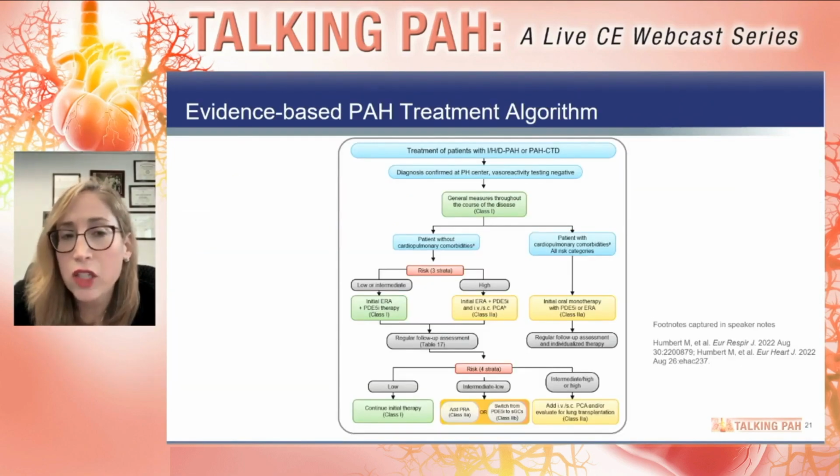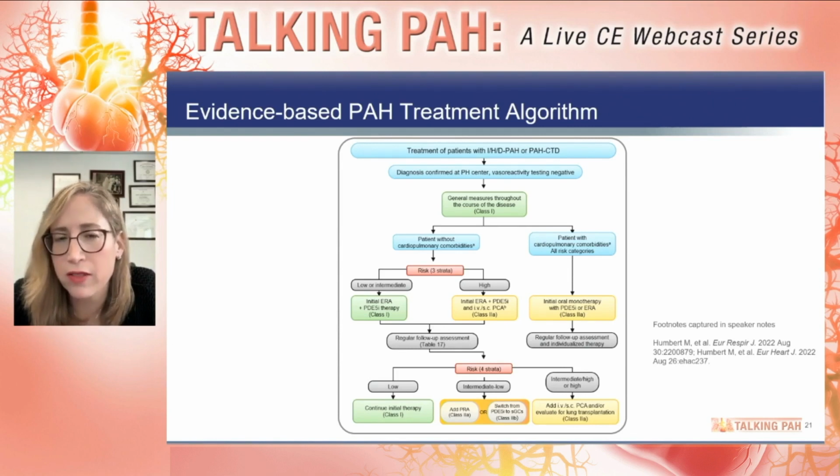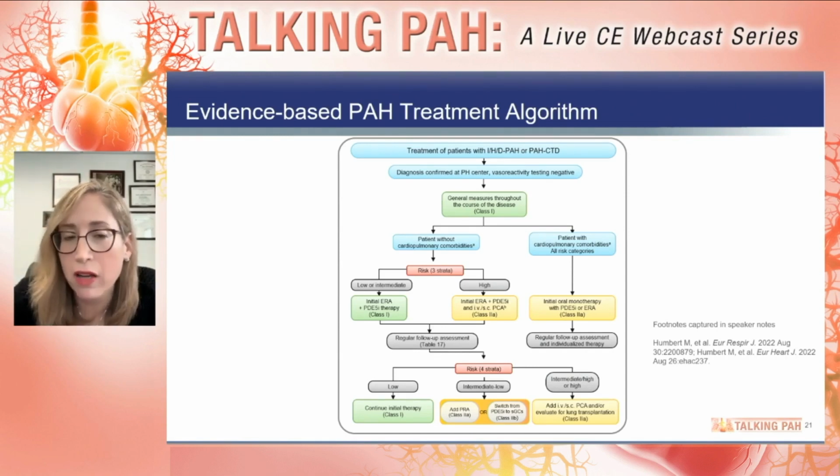This is a slide showing the new evidence-based PAH treatment algorithm from the European guidelines. What you can see here is that you have patients with idiopathic, heritable, or drug-induced PAH, or PAH connective tissue disease. You want to be diagnosed at a PAH center and you want to have vasoreactive testing that's negative, because if it's positive, then they go to the calcium channel blocker aspect of this algorithm. But if it's negative, then you're going to go through these different measures,